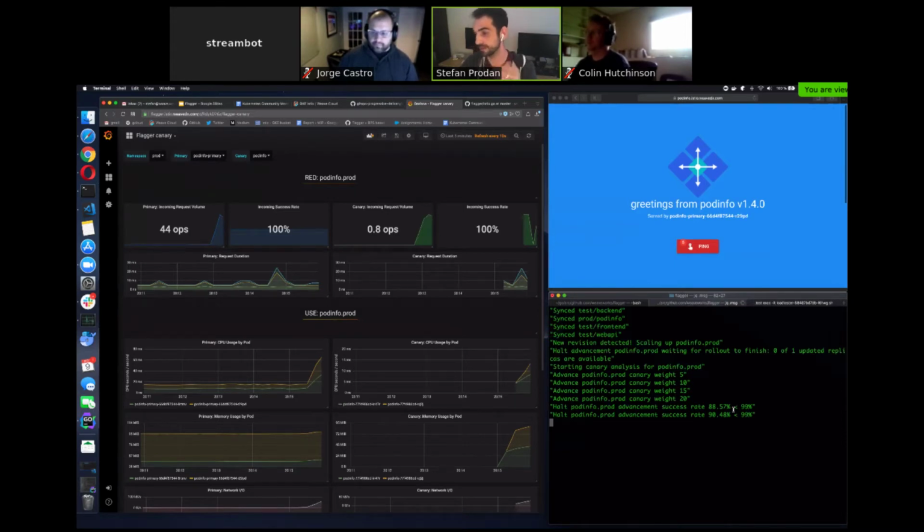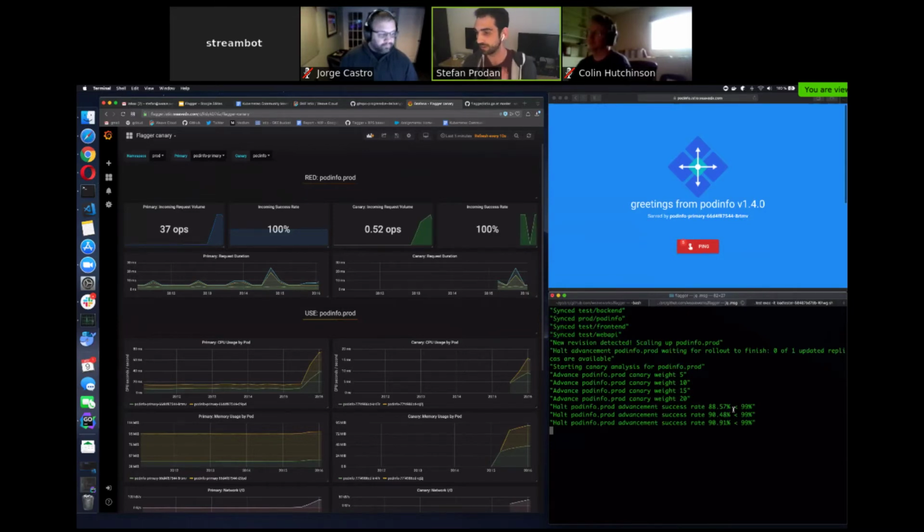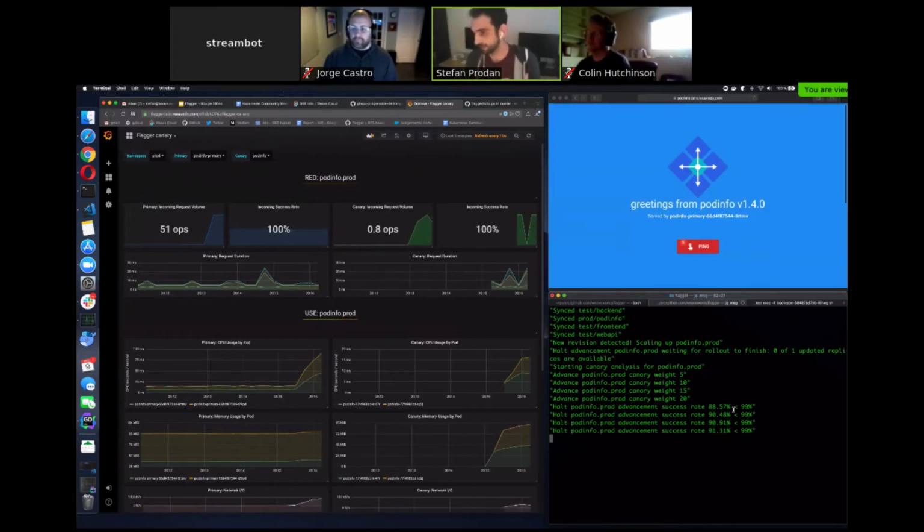And what it does, it halts the rollout. So the traffic right now is at 20%. If the errors continue, let's say for 10 iterations, it will roll back the canary and it will scale it down to 0.